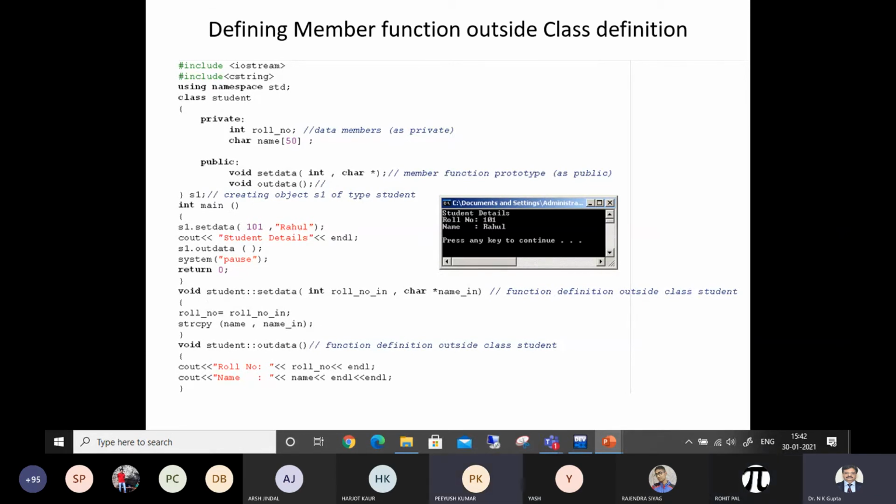Any doubt about it? Sir, here inside the main function, why are we not writing student s1? We have already declared it, no? This is also one of the ways. We can also do it in this way. Yes, you can do it. So generally what you will do, you will declare it with a semicolon, and then inside the main you are going to create the objects. It has been shown to you purposely, so that you know that what we have talked about is really happening.